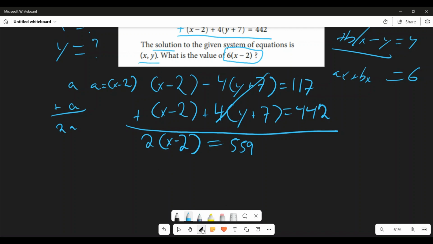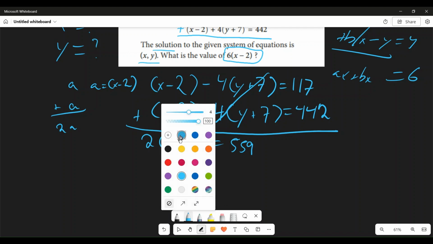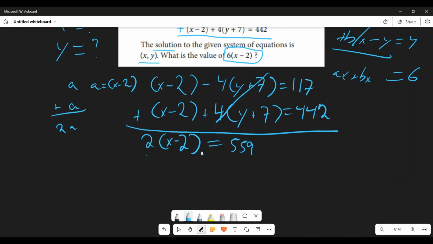So if we multiply both sides by 3, if I times this side by 3, I've got to times this side by 3. Then the 3 will times the 2, and we will get 6 times the quantity x minus 2 is equal to whatever this evaluates to. So then 559